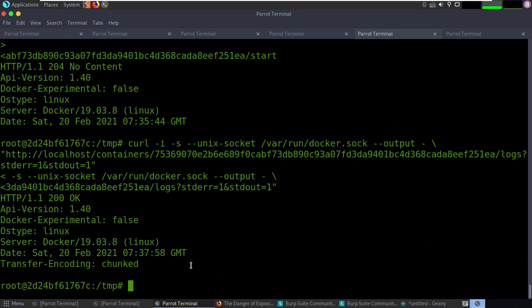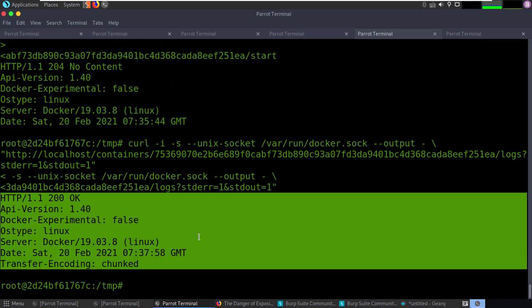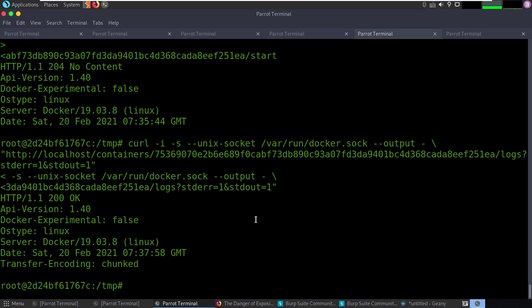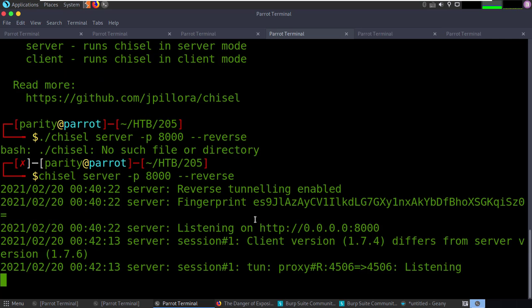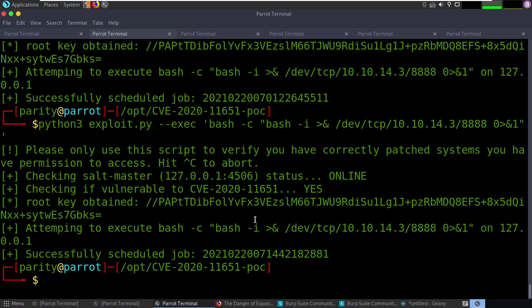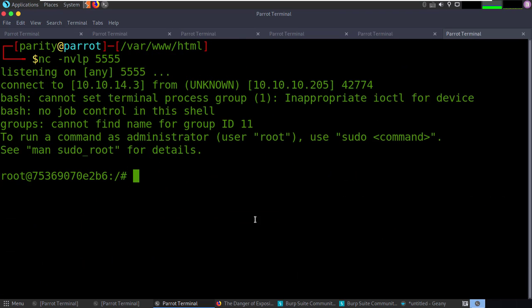And it does come back chunked, and it says 200 OK. So it was seeing that there is something there. And if we come back over here, here's our 5555. It is saying that we have a connection from 205. It is saying we're root, and now we have a different number,